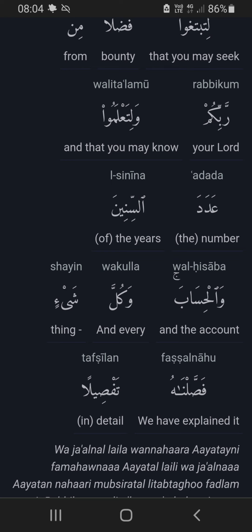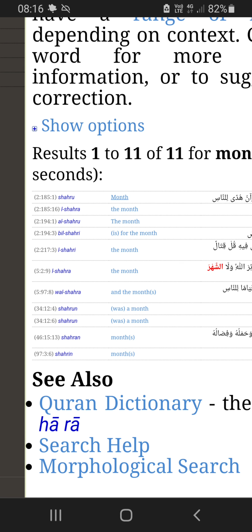We don't take Allah's words as slight. For Allah says, and everything we have explained in detail. We means Allah has explained in detail. Right, so interestingly,